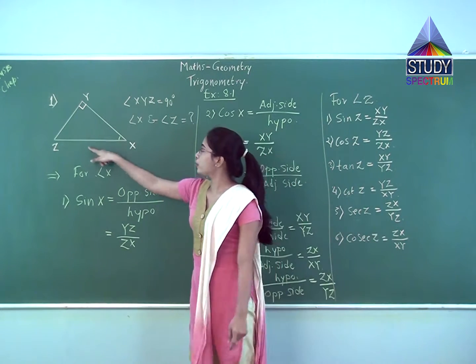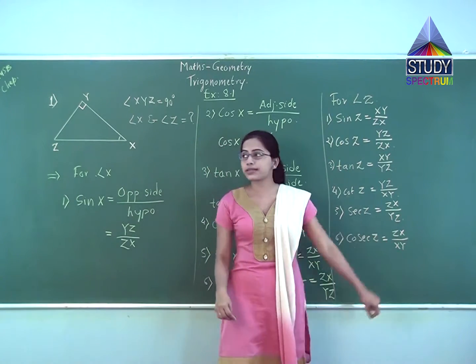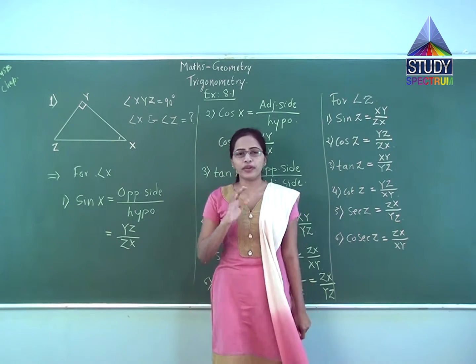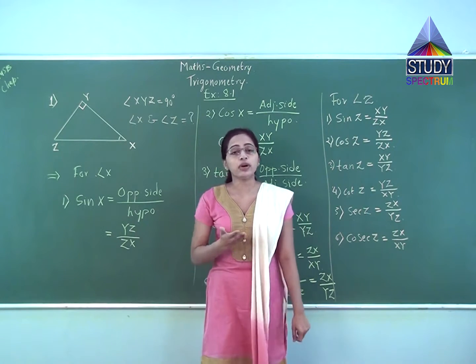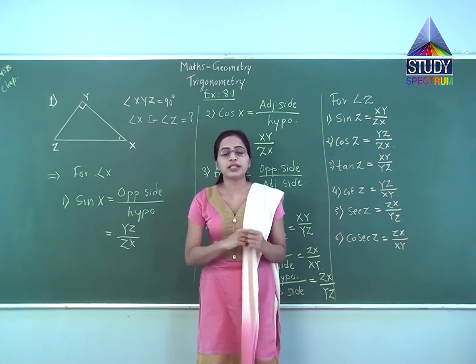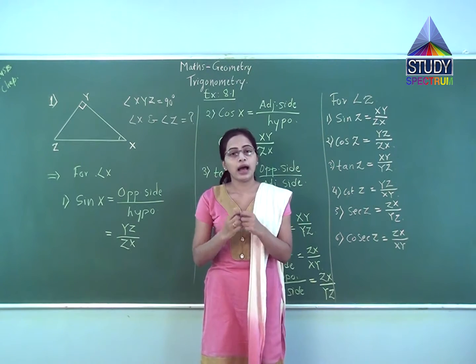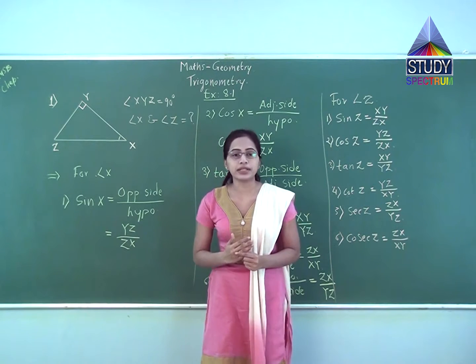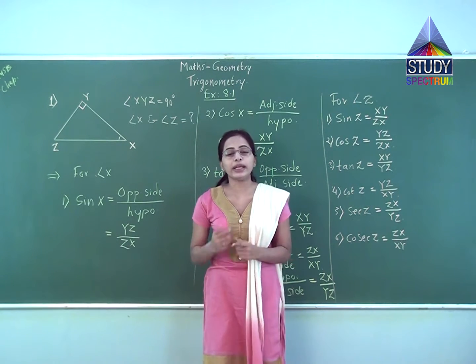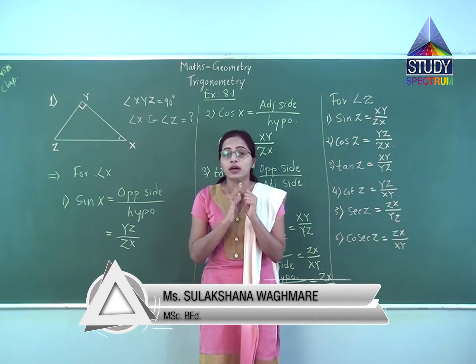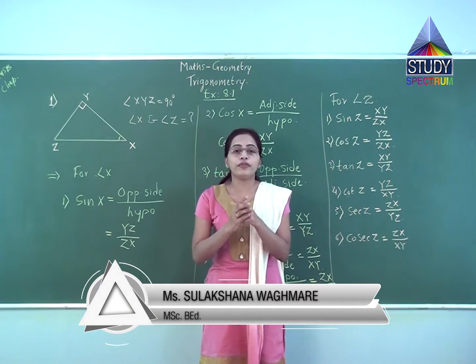Again, zx is the hypotenuse and xy, you can see here, is the opposite side. So very simple. I have explained this earlier also. We will just remember the first three ratios for our convenience. After that, by using the first three ratios, we can calculate the next three ratios. But we have to keep in mind which are the reciprocals of which ratios.